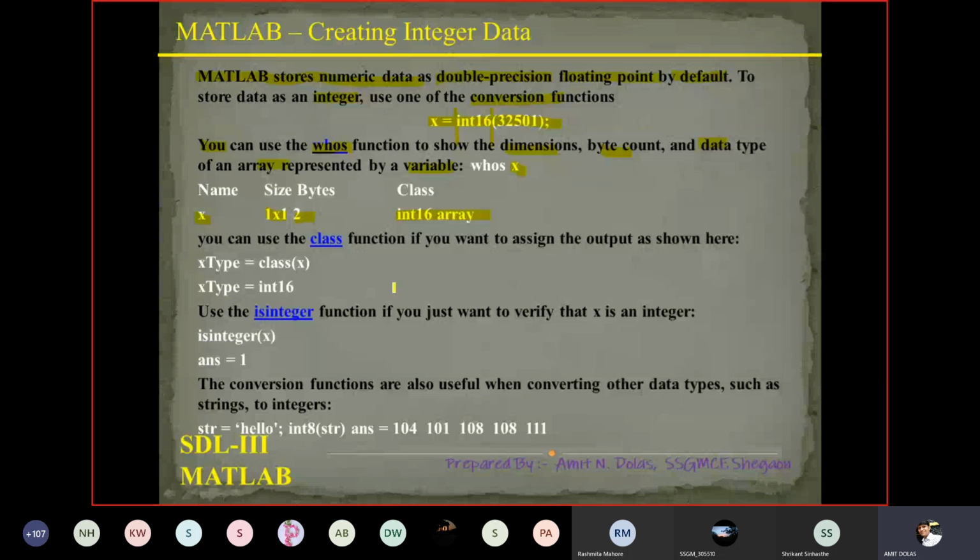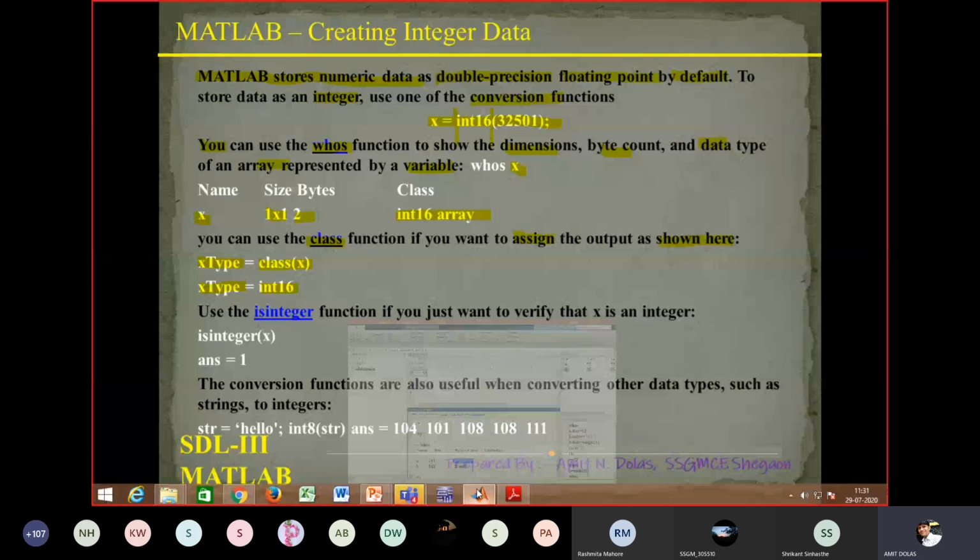You can use the class function if you want to assign the output as shown on the PPT. Say xtype equals class of x, and xtype is int16. It will show only the class, nothing else.